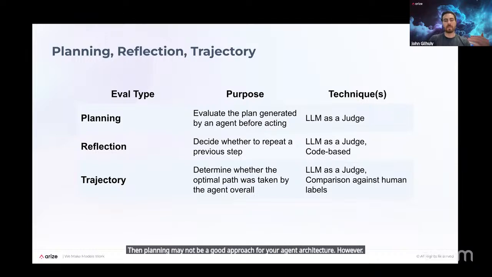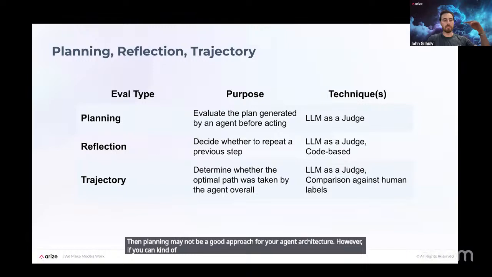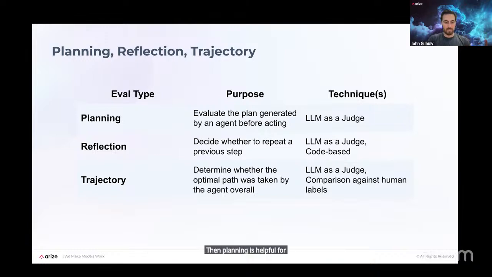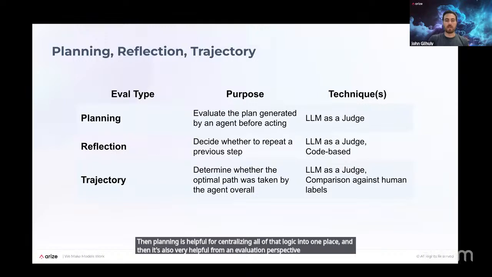However, if you can take in an input and decide, okay, based on this input, I know all the different steps I'm going to go through, then planning is helpful for centralizing all of that logic into one place. And it's also very helpful from an evaluation perspective because you can actually evaluate that singular plan and then make tweaks to that specific planning step as opposed to having to make tweaks to distributed routing logic that might be all throughout your agent.